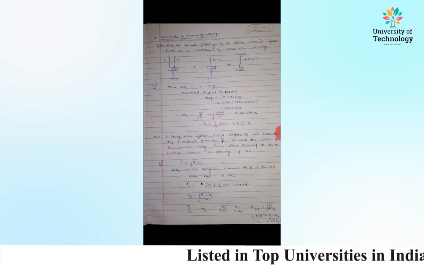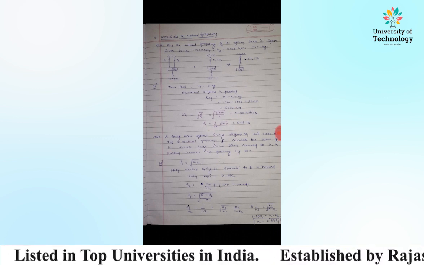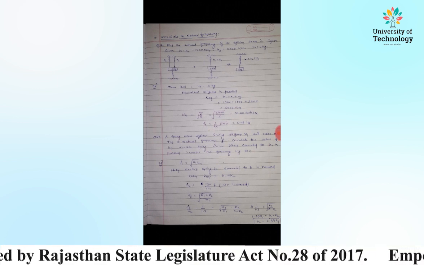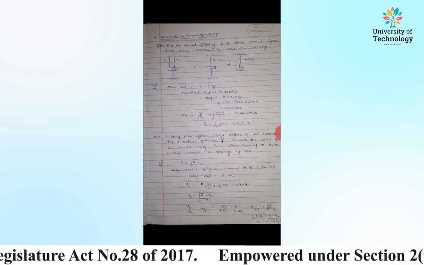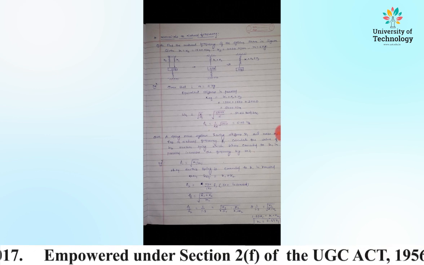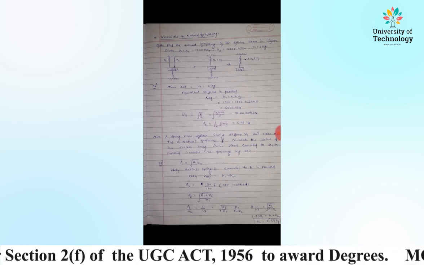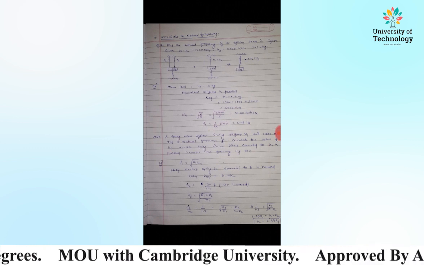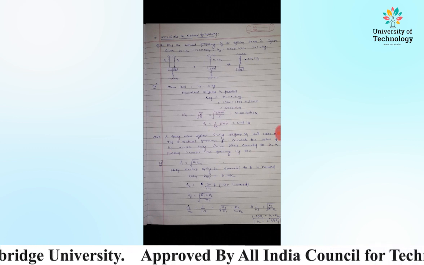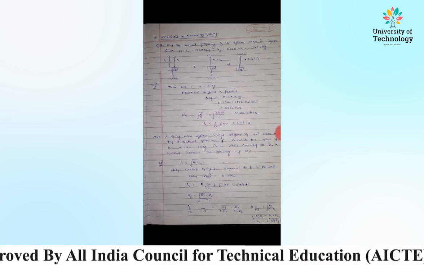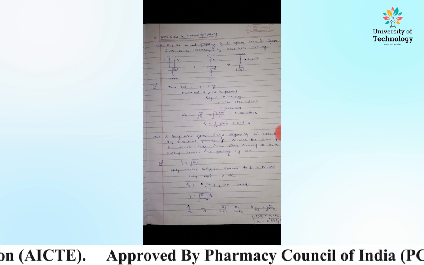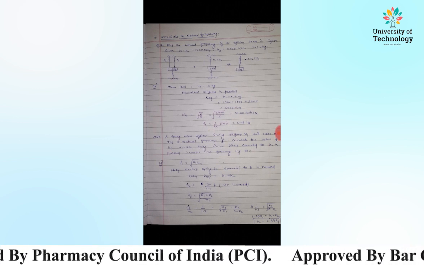We know that the formula of natural frequency omega n is equal to root k by m. By putting the value of k and m, the value of k is 5000 Newton per meter, m is equal to 5 kg, then we find the value 31.62 radian per second. We have to find natural frequency Fn.